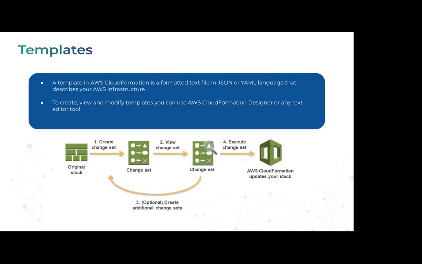Now, if you talk about the template quickly, we understood in detail that it's JSON and YAML. It helps you create, view, and modify your template. As I mentioned in the first slide, there are functionalities you can use to design it. If you don't know how to write JSON or YAML, or any programming language, you can still write the template with drag and drop. The drag and drop capability in the CloudFormation console is not to design real-time resources. It will help you generate the template.